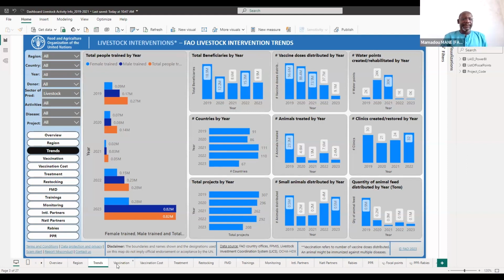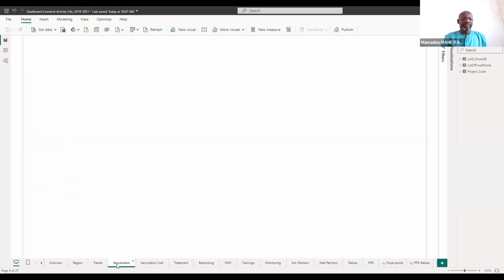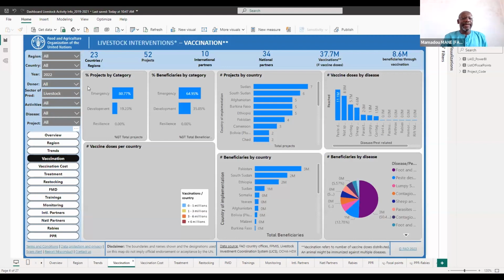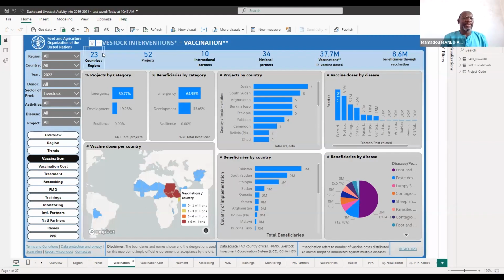Going to the vaccination page. It takes a little bit of time to load the page. So here, this page is adjusted only for vaccination. We can see that the number of countries that have implemented vaccination activities is 23 in 2022. 52 livestock projects have been implementing this kind of vaccination, and we see the national and international partners who are involved in this vaccination process. 37 million vaccine doses distributed, 8.6 million